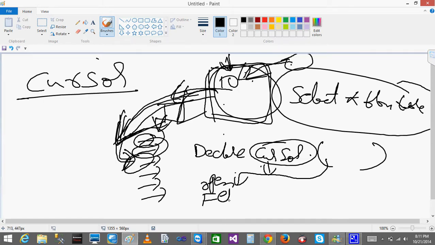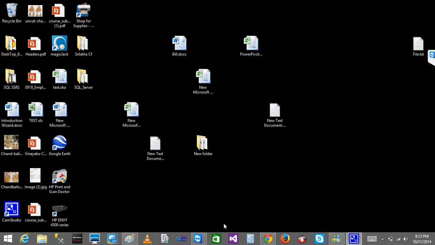Now you are going to use the fetch command to fetch record by record, one record at a time. Once you are done fetching the records, you will close the cursor. Once you close the cursor, you will deallocate the cursor. Deallocate means the output you got from the query is stored in one location, so when you deallocate, that space is freed so that other people can use it.